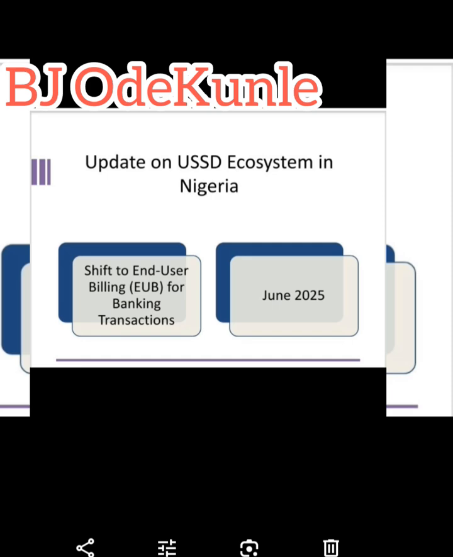They will not act as a middleman between us, the service users, and our network communication service provider. Before, if I'm using MTN for instance, anytime I dial a USSD code for any bank at all, it was my bank that would collect the charge from my account and then remit it. In other words, they would pay on my behalf to that company. But now they are shifting it to us, to me, the end user. Are you getting it? Good. So that's what is going on now, and that begins from June 25th this year.